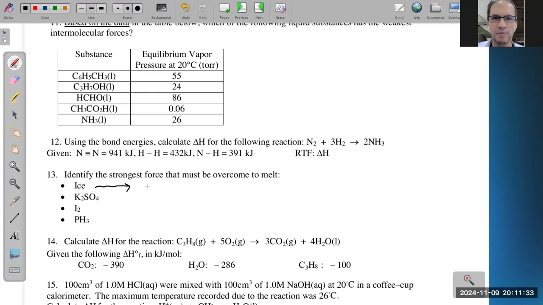Ice, mister, I have 2 types of bonds. I have covalent and I have hydrogen bonding. So hydrogen bonding will be the strongest one. I have LDF too and I will not mention it. And then